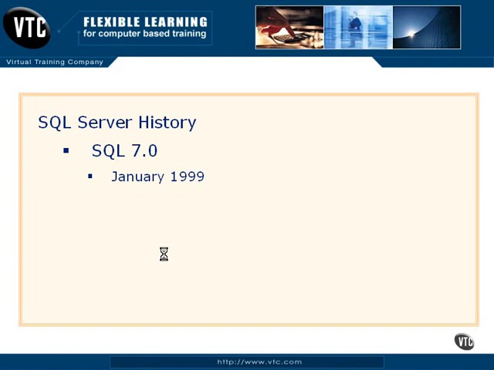SQL 7.0 was where Microsoft realized, hey, wait a minute, for what we're trying to do with data, we can't do it the way we've been trying to build it at 6.5, 6.0, 4, and so forth. So SQL 7.0 was a total rewrite. As a matter of fact, when it was all said and done, 85% of the SQL 7 code was a complete rewrite from 6.5. So this really was a new product. They kept the name for marketing purposes and for familiarity, but this really was a new product. It came out in January 1999.